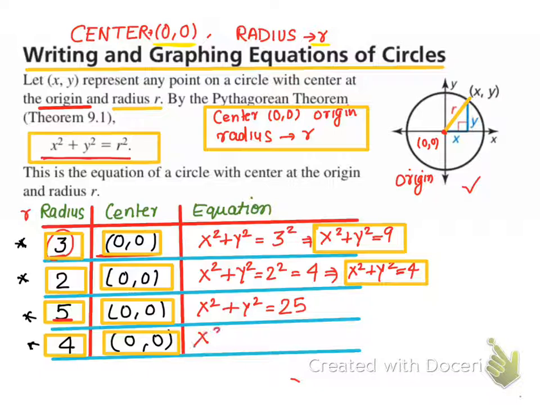These are just random ones. x square plus y square equal to 4 square, that is going to be 16. Alright, so that we have to do. Alright, so let's move to the next kind of